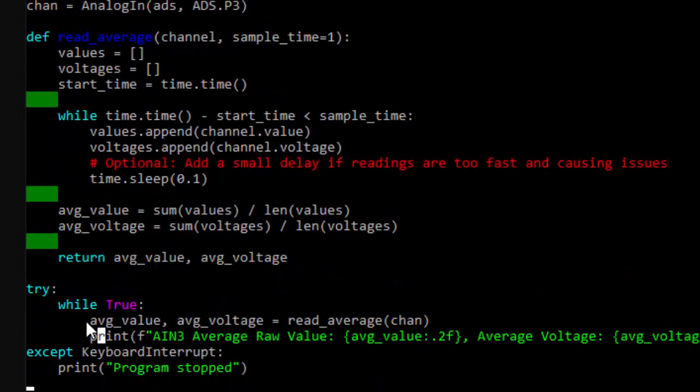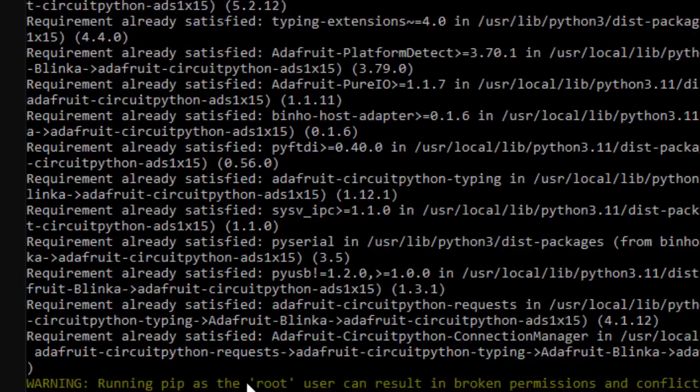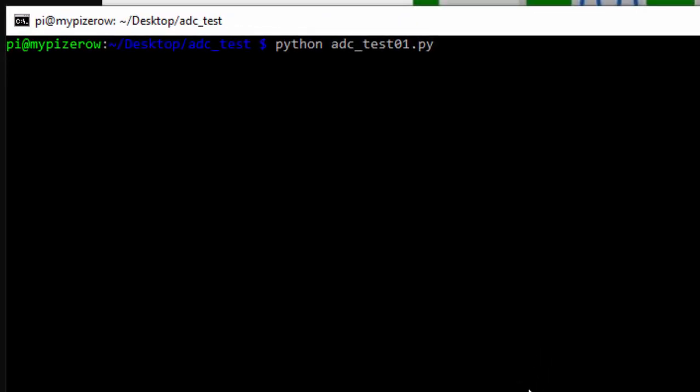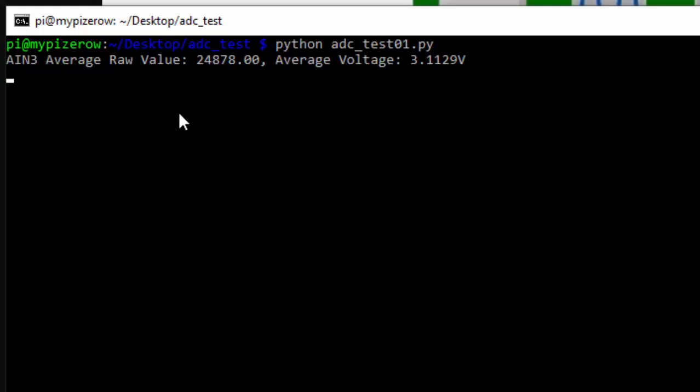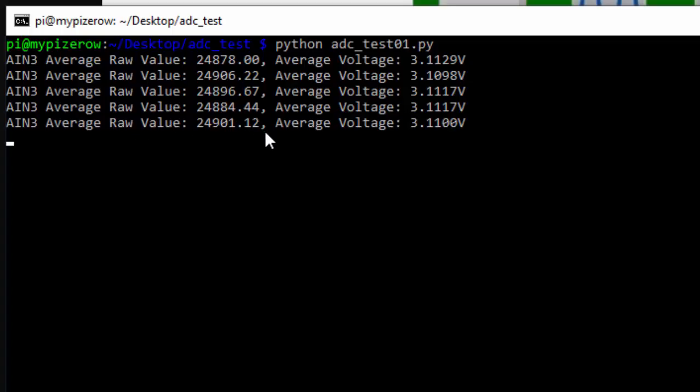So how to use this? We simply read the average values and then we print it out. So let's come out, clear it, and run this code ADC test01.py. So here you will see at every 1 second, it will be printing the average raw value of the ADC